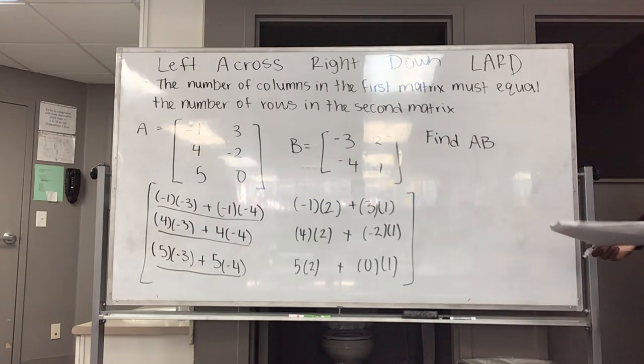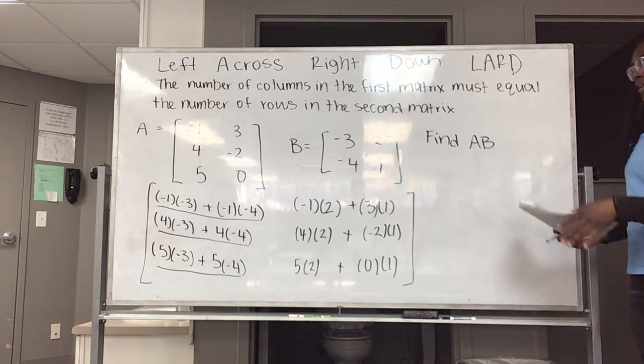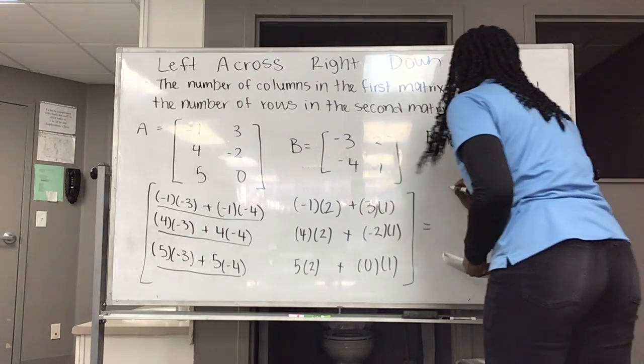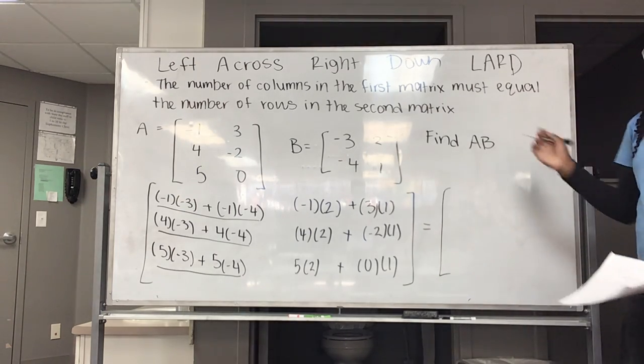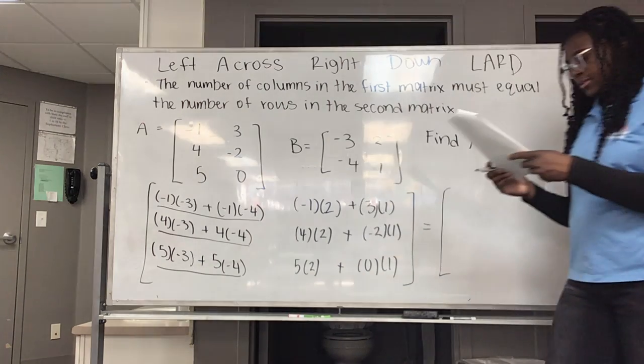Hopefully you can see that. And then we're just going to combine those, multiply those together and add them. So I'll write what your answer should be. If we did negative 3 times negative 1 is 3, and then plus